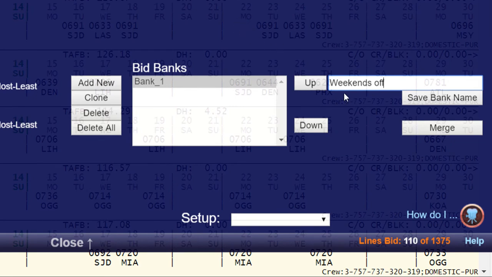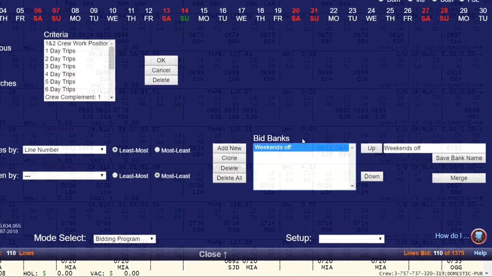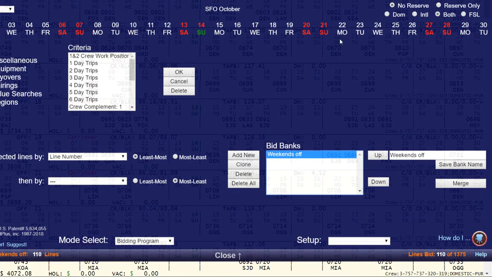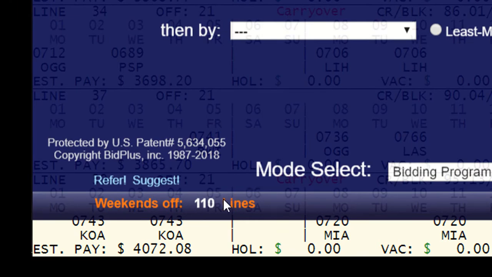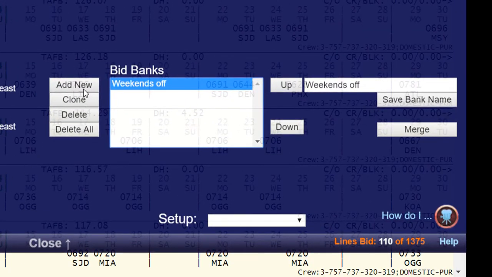Each bank can have a unique name, and you can either click Save Bank Name or hit the Enter key on your keyboard and the bank is then named. This first bank is Weekends Off. It contains all the lines that are going to have the weekends off. There are 110 lines. I'm going to click Add New,